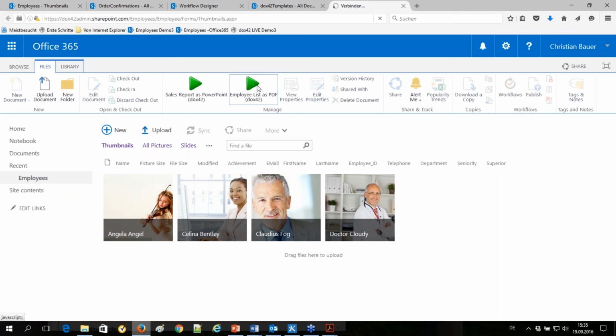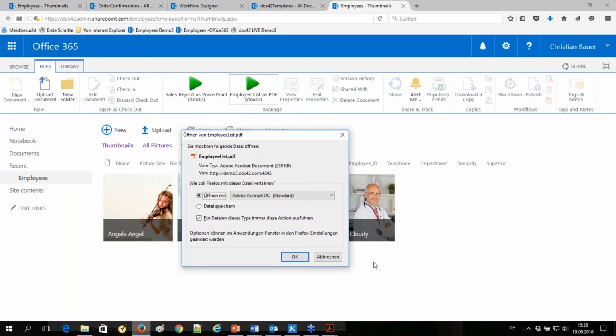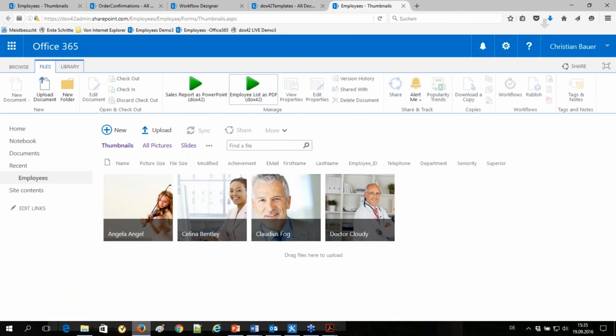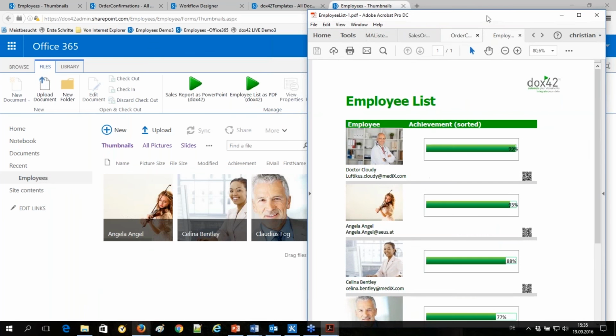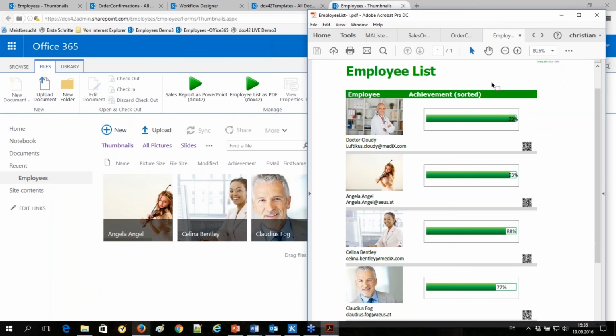And it's great. What else you can do, you can, for example, put a menu item in the context menu here. For example, we want to generate a sales report for our Dr. Cloudy here. So we do that right out of the context menu. And we see that we get a sales report, the image, charts, a table, some calculations, and even dynamic Google Maps links. Docs42 is also able to integrate Google Maps as images directly in documents using the Google Maps API.